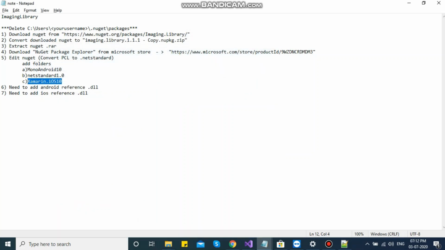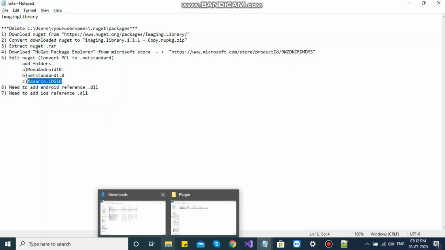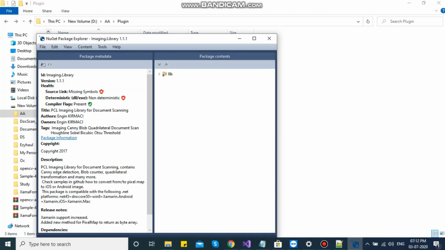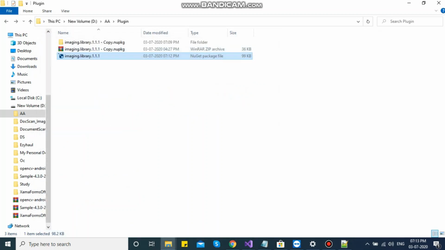Okay, so just need to confirm whether the plugin is working or not. Just double click and cross check that it has added the 3 folders. Make sure every folder has a DLL. Okay, so now next step,